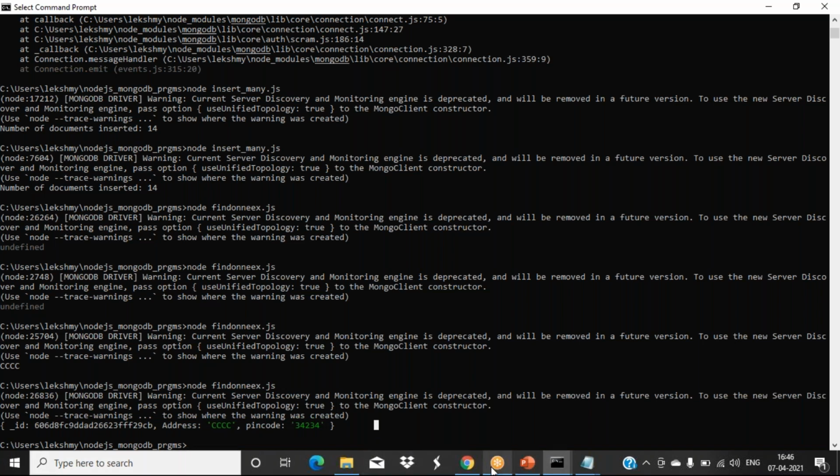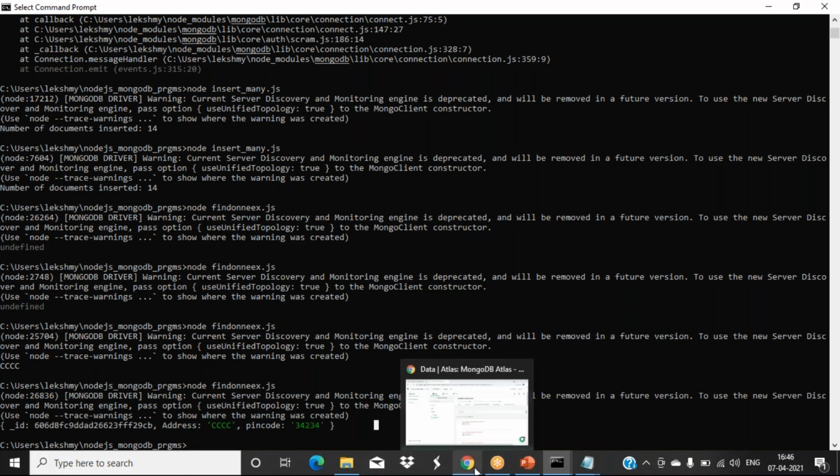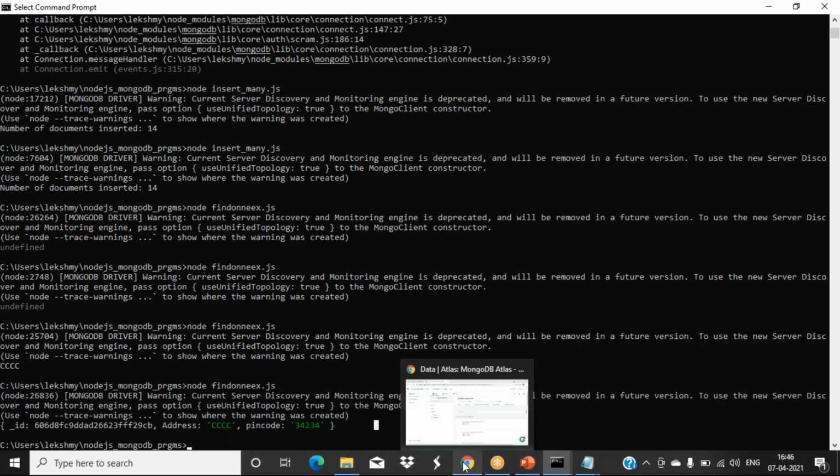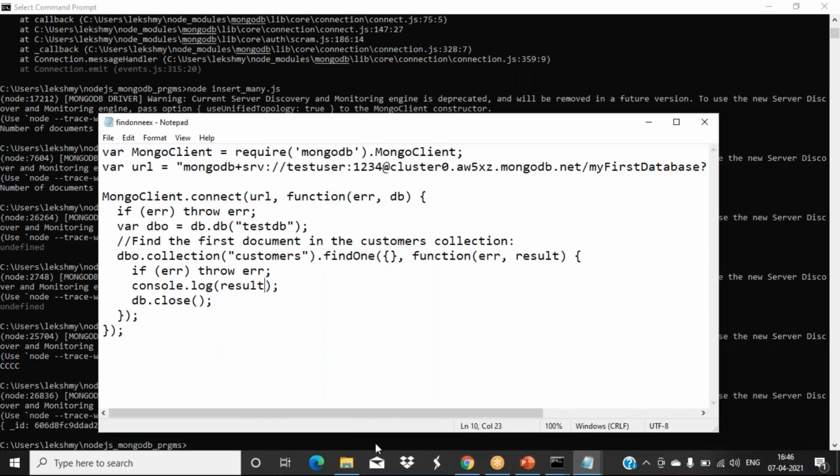The name property was not there because I created that one myself, not from our program, so I did not create that property. Each property-wise also you can access it. So for that result variable, dot the property name, if you specify it, it will show only that property for you. Is this clear? Any doubt? Clear?